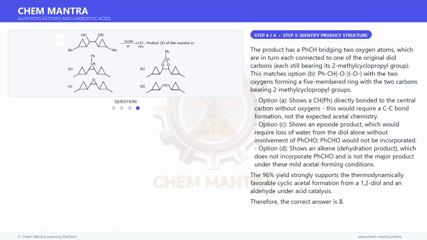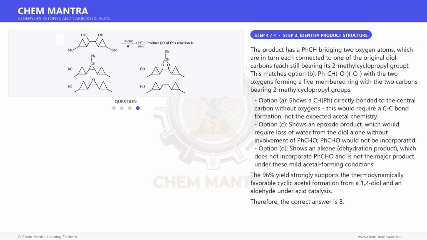This would require a C to C bond formation, not the expected acetal chemistry. Option C shows an epoxide product, which would require loss of water from the diol alone without involvement of PhCHO. PhCHO would not be incorporated. Option D shows an alkene, a dehydration product, which does not incorporate PhCHO and is not the major product under these